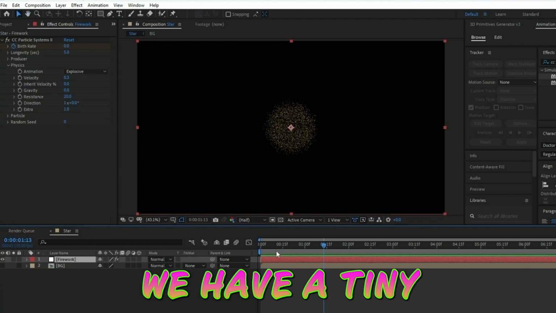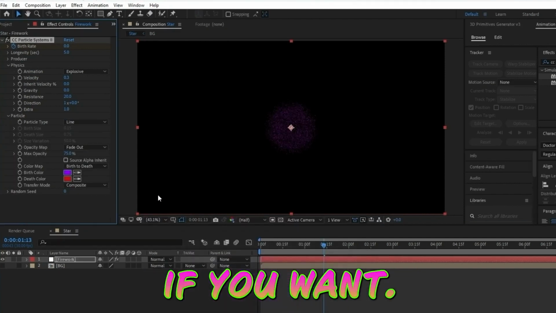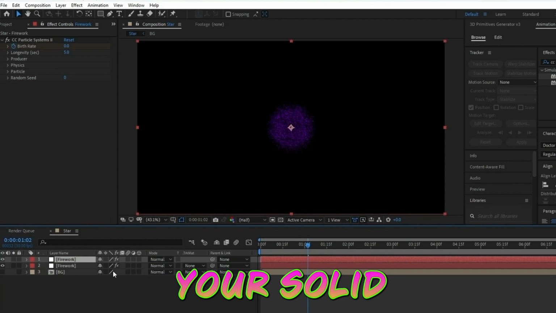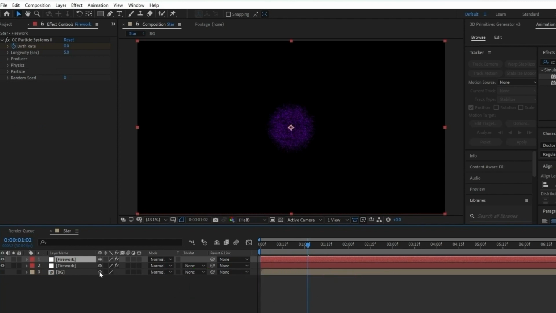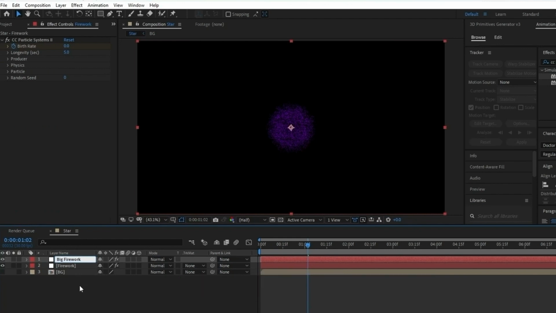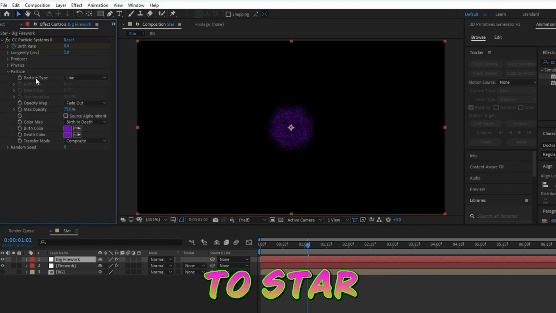Cool, we have a tiny explosion. You can also change the color if you want. Duplicate your solid by pressing Ctrl D. Let's name it Big Firework. And then, change the particle type to Star